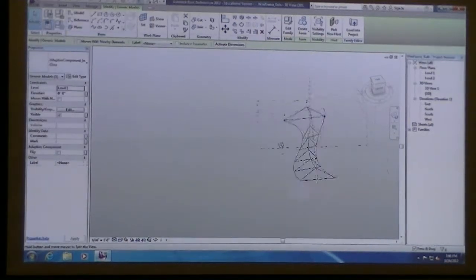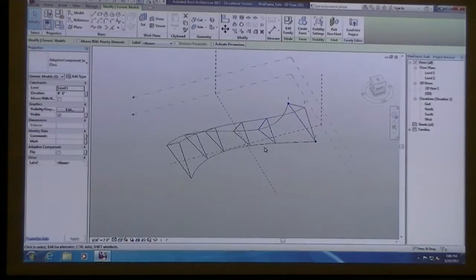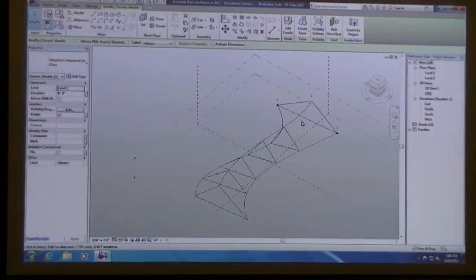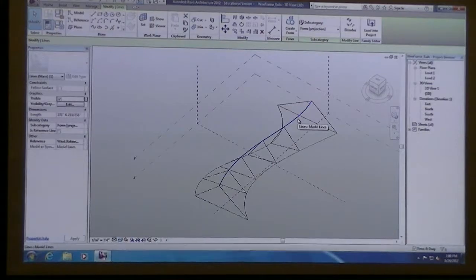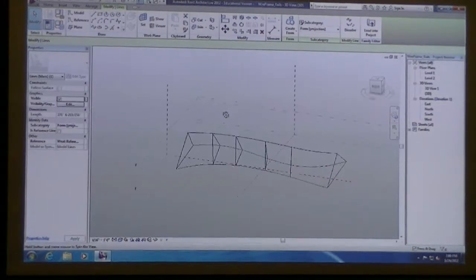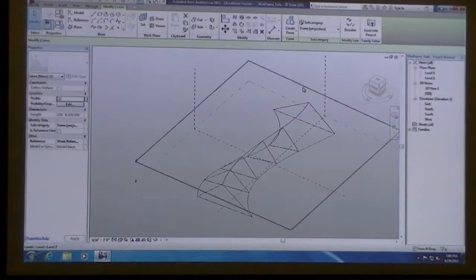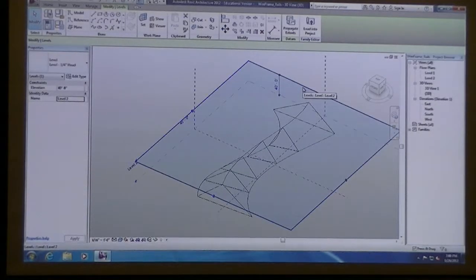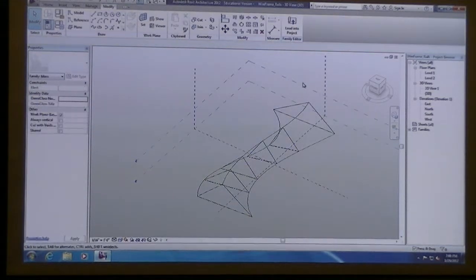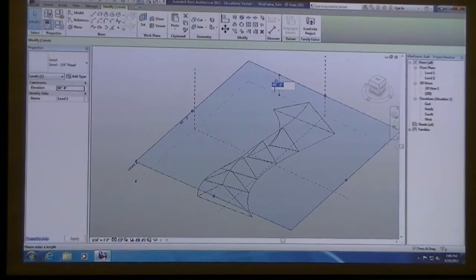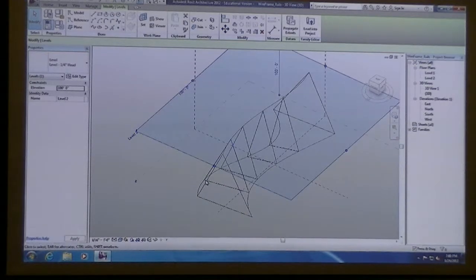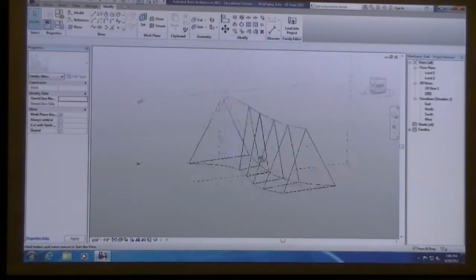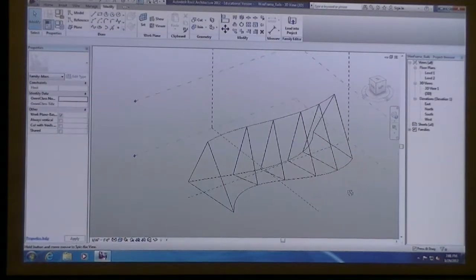So I made something, a little wireframe model so far that looks like this. And because these adaptive components are connected to these curves, and our curves have some set of parameters. For instance, we didn't really set up any parameters yet, except for the top one and the bottom one are associated with a different level plane. I could click on level 2, and we could change that dimension. I'll do something drastic like 100 feet. And when I update that, you should see all of your wireframe components stretch with it.